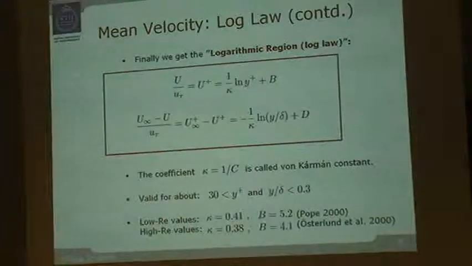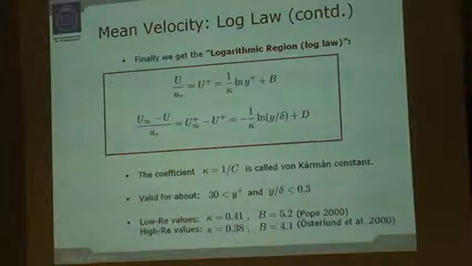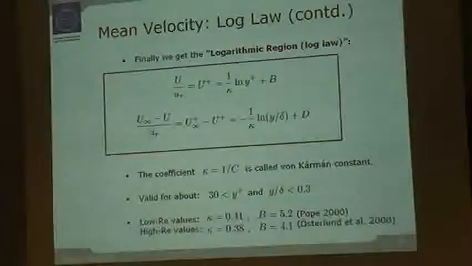Coming from the inner region, we have u plus is 1 over kappa, which is this constant that we had before, times ln of y plus plus b. And if we come from the outer region, we have the velocity deficit law, which also has this logarithmic dependence. As I said, the constant c we just renamed to 1 over kappa, and this kappa is what we call the Karman